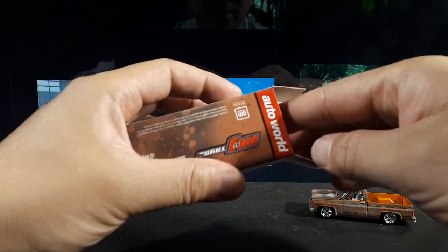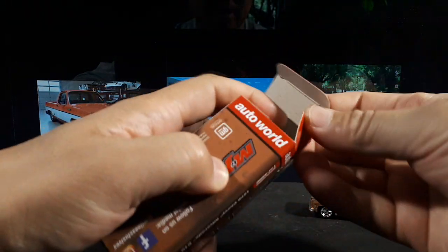This blister could be better. It's a little bit tight in there. All